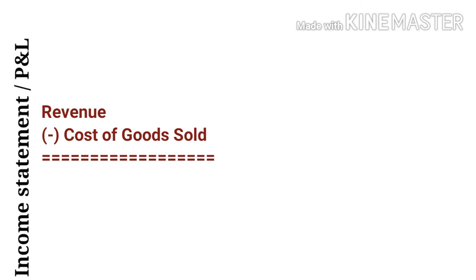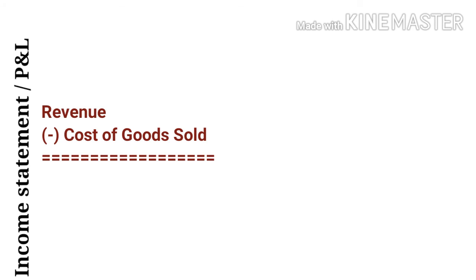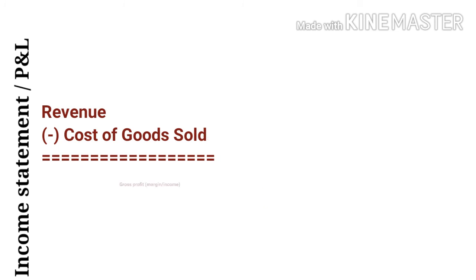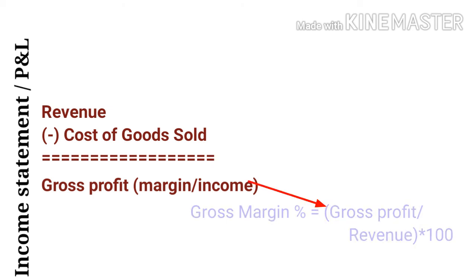On top, you have revenue, indicative of returns generated from sales of products or services. Right below this comes cost of goods sold, which hints at direct costs linked to the product or services sold. When you deduct cost of goods sold from revenue, you get gross margin, also known as gross income. If you are keen on deriving the gross margin percentage, you could divide gross income by revenue and multiply it